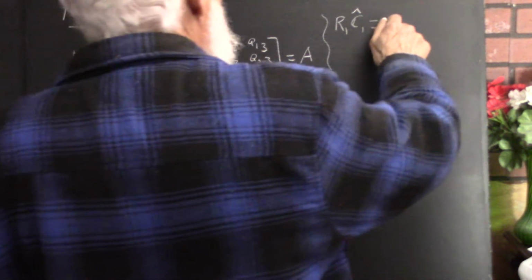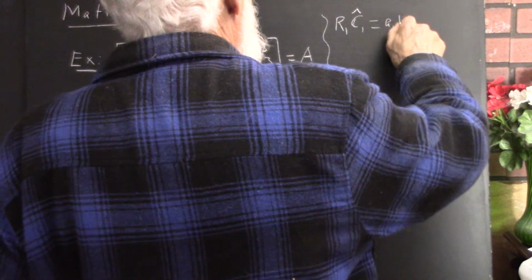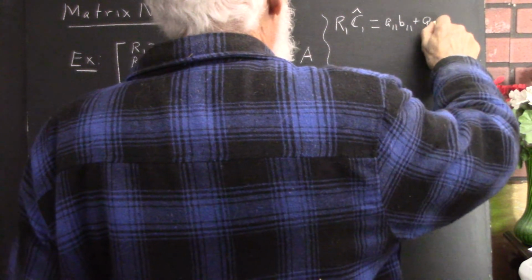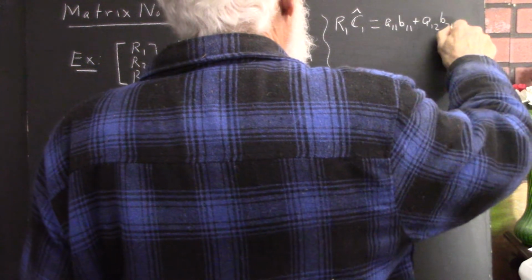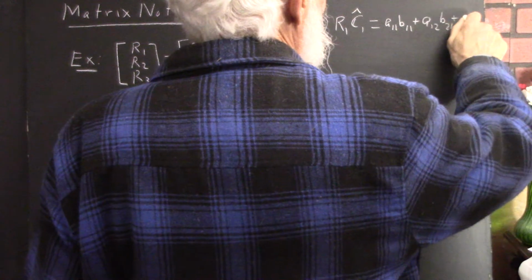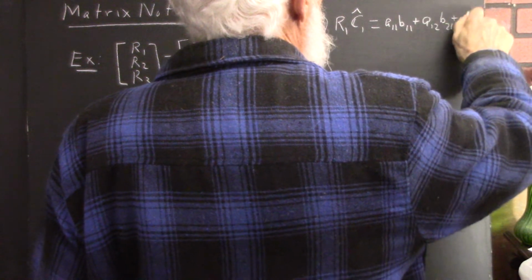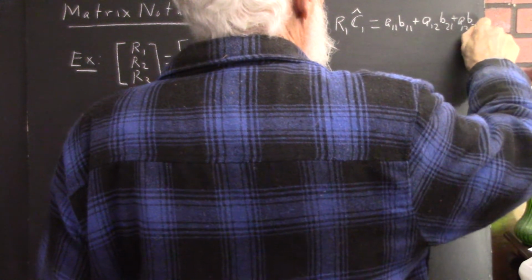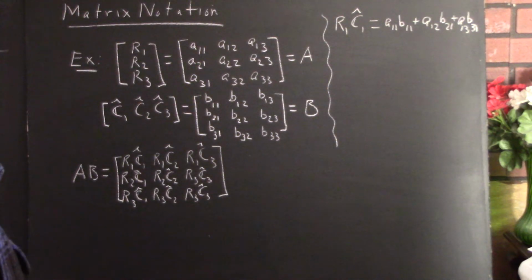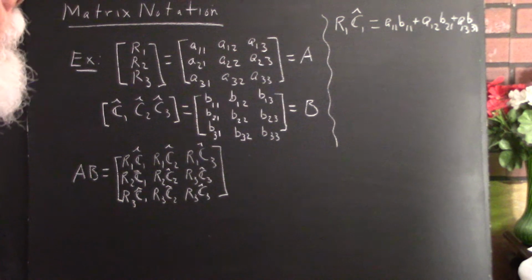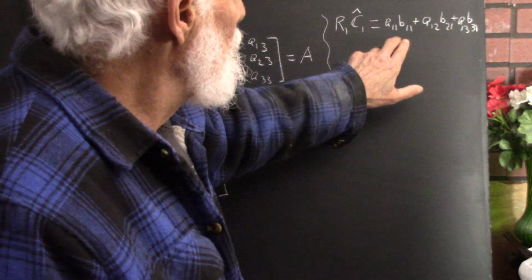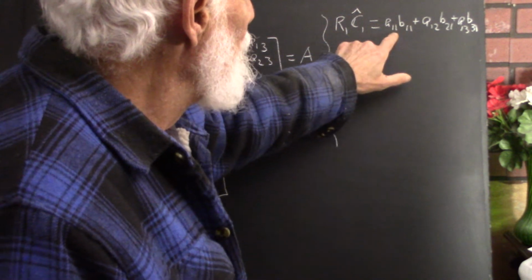Okay, so that's A11, B11 plus A12, B21 plus A13, B31. I just barely had room to get that. I hope that's legible. Okay, we notice that the middle two numbers, the numbers here and here,